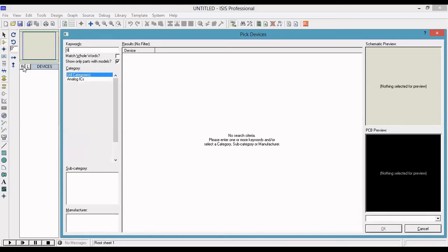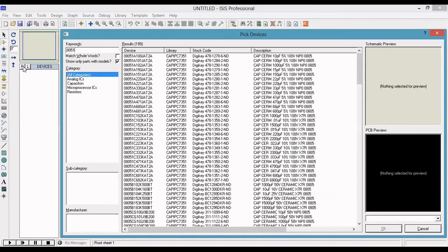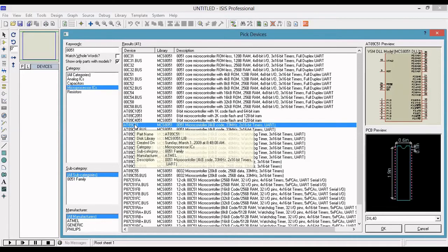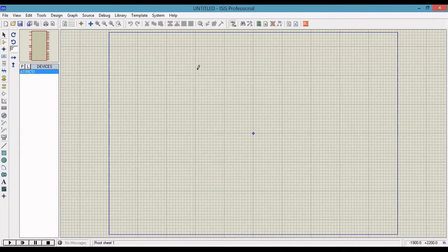So type 8051. In 8051, there are a lot of microcontrollers available. You select the Atmel 89C51.